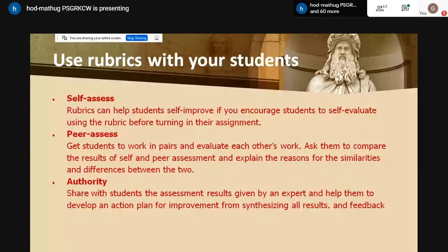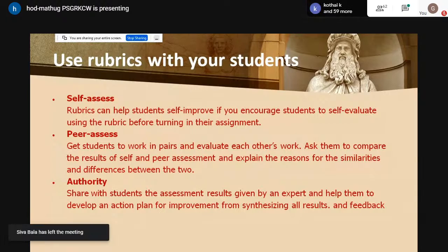Self-assessment. Rubrics can help students self-improve if you encourage students to self-evaluate using the rubric before turning in their assignment. So once you have decided upon your assignment, you have to give your rubrics to your students. Once you have given the rubrics to the students, you ask them, see, based on this rubric, how much mark will you be giving to your assignment? So let him check. And if he is satisfied, okay, say 10 marks, if he is satisfied, then let him submit. So in designing rubrics, once you have decided upon the assessment task, then before giving it to the student, along with the assignment, you have to give this rubric also to your students